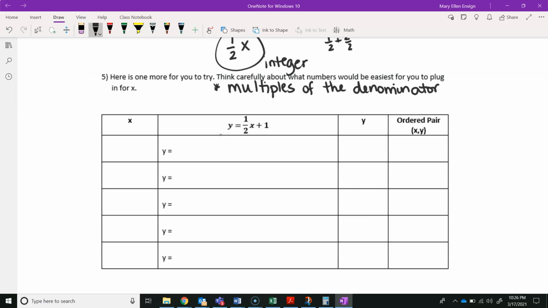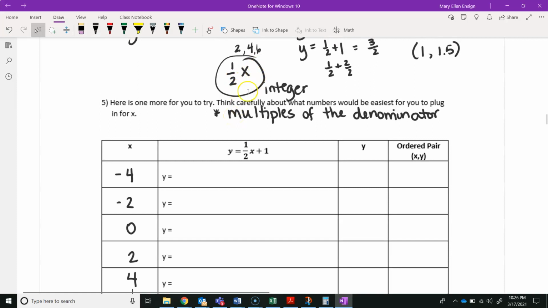Okay, so I'm going to start with, I'm just going to do not negatives. I'm just going to do evens. So I'm going to start with -4, -2, 0, 2, and 4. Okay, I don't want to do odd numbers because if I do 1, for example, I'll get a half here